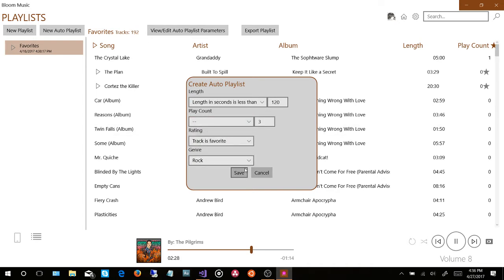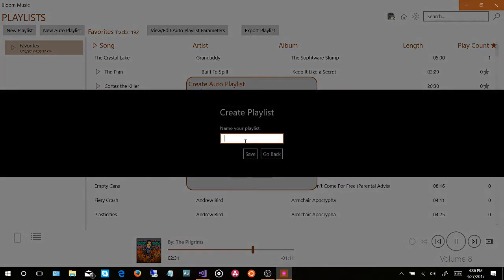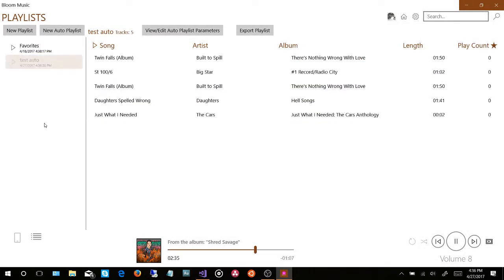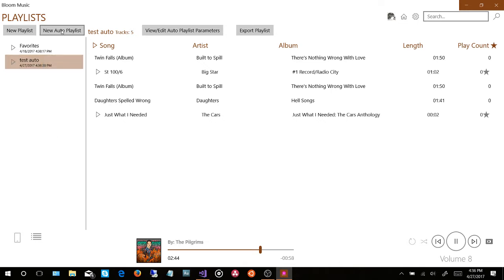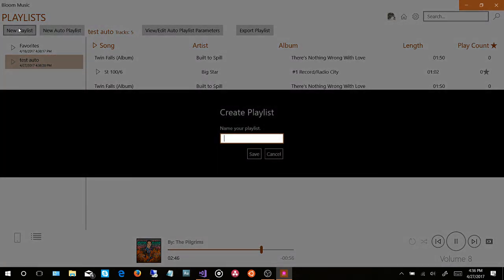and I don't really care about this play count thing. I'll just call it that for now. And there you go. It pulls every song in my collection that meets that criteria, and you can actually edit that criteria there. Or you can do regular playlists,